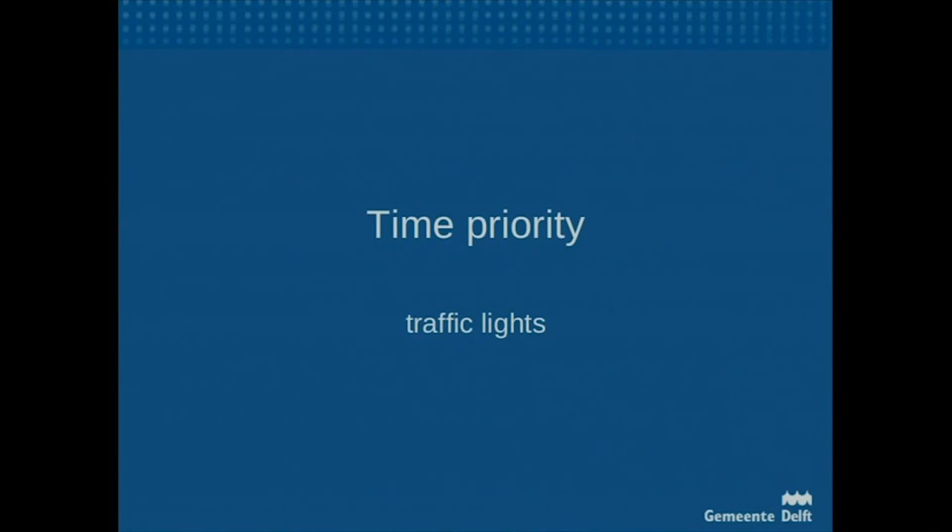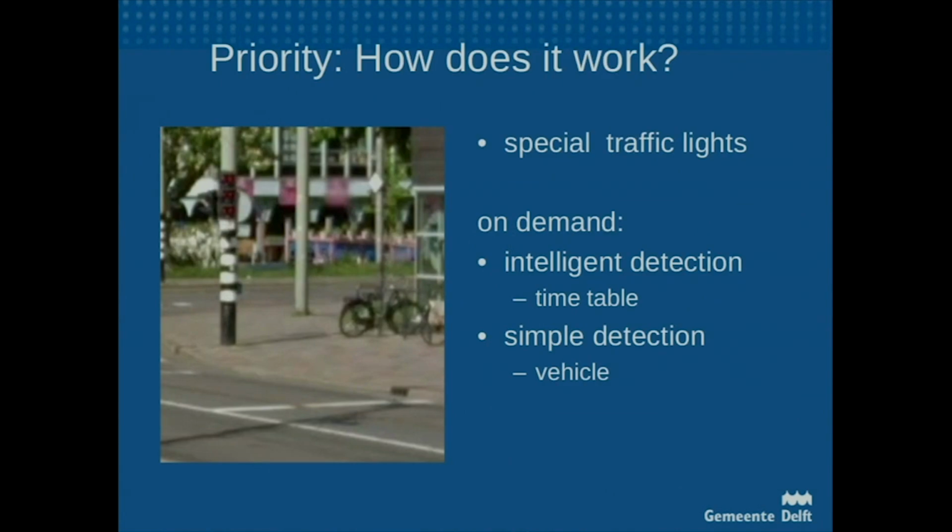Time priority. Peter already taught some things, but this is what we do. We have special traffic lights, the 9 eyes traffic lights. That's in the picture on the black-white polar column. That's showing if you get green to left or to right or straight through for a bus.